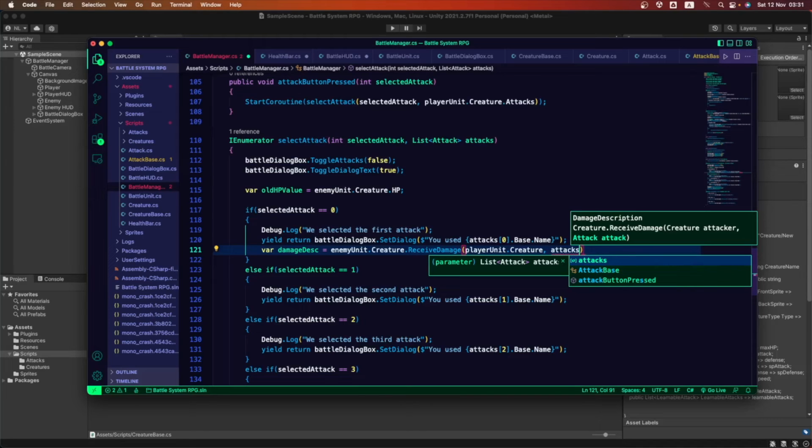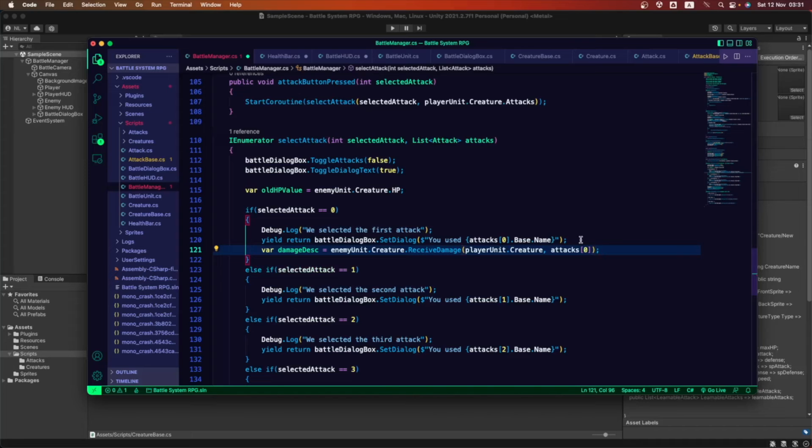Remember, this is a list, and we want to go inside that first space of that list. We're going to use that attack when we are damaging this enemy, when we click this select attack, this first button for our first attack.